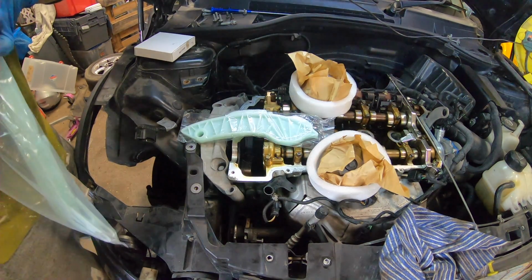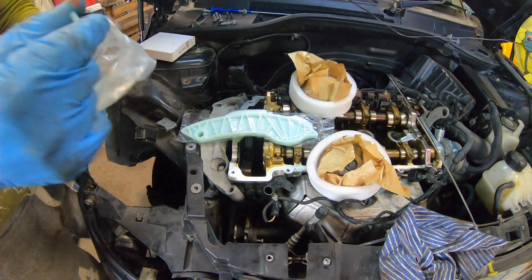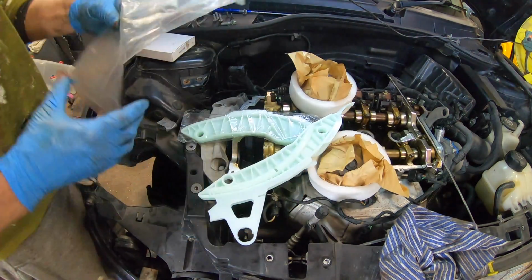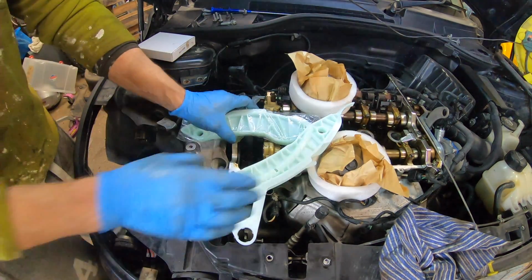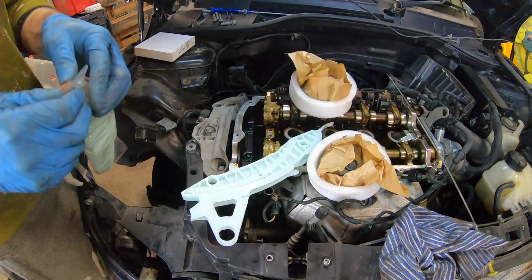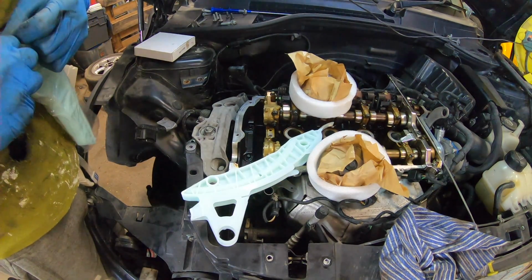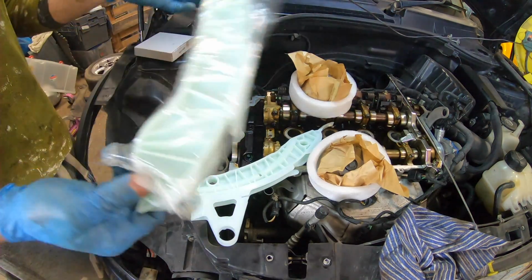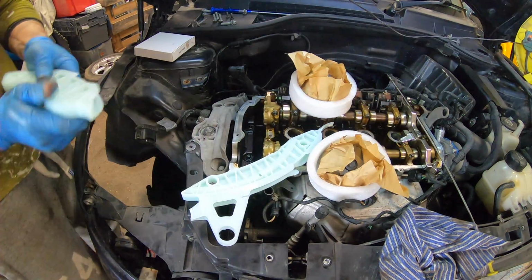So I've watched a number of people on YouTube doing this change, the valve timing chain replacement, and very interesting that there's a few differences in the way people do it, and at the end of the day, it all turns out fine in the end. One thing I haven't noted is, when you build an engine, I'm playing with the plastic here, but when you build an engine, one of the things you do,